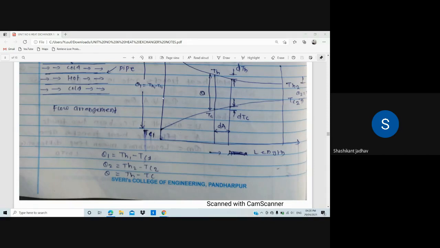Okay, so anyone reply in the chat box? Have all of you completed that constructional diagram and graphical diagram? Anyone reply in the chat box? Anyone? The diagram is over.